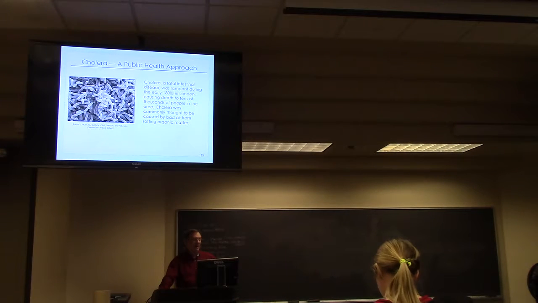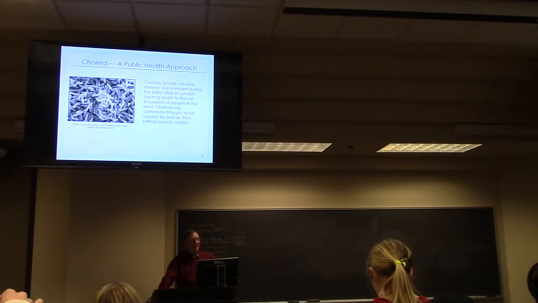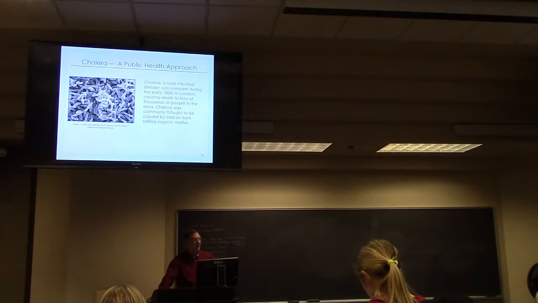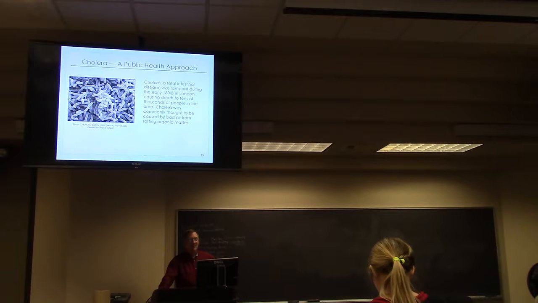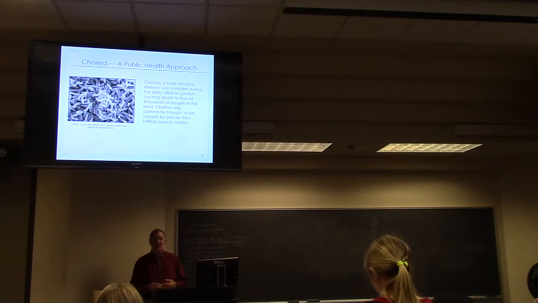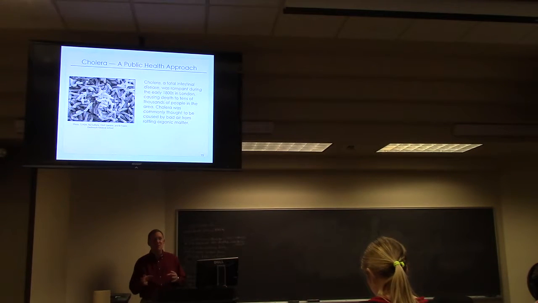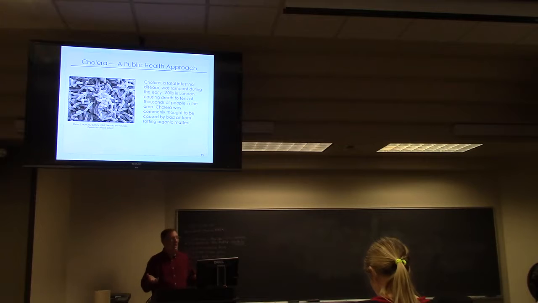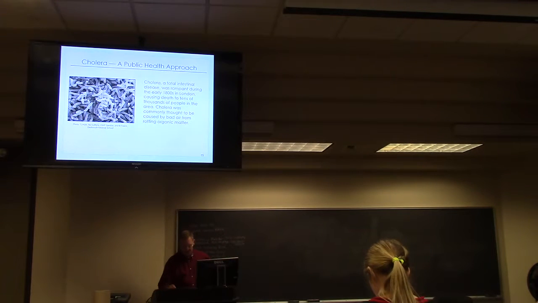to figure out where cholera came from. And as the slide says, the general notion of the population was that cholera came from bad air that came off of rotting organic matter. So they knew it was coming from somewhere, but they thought it was coming that way. It was in the air, it was atmospheric.